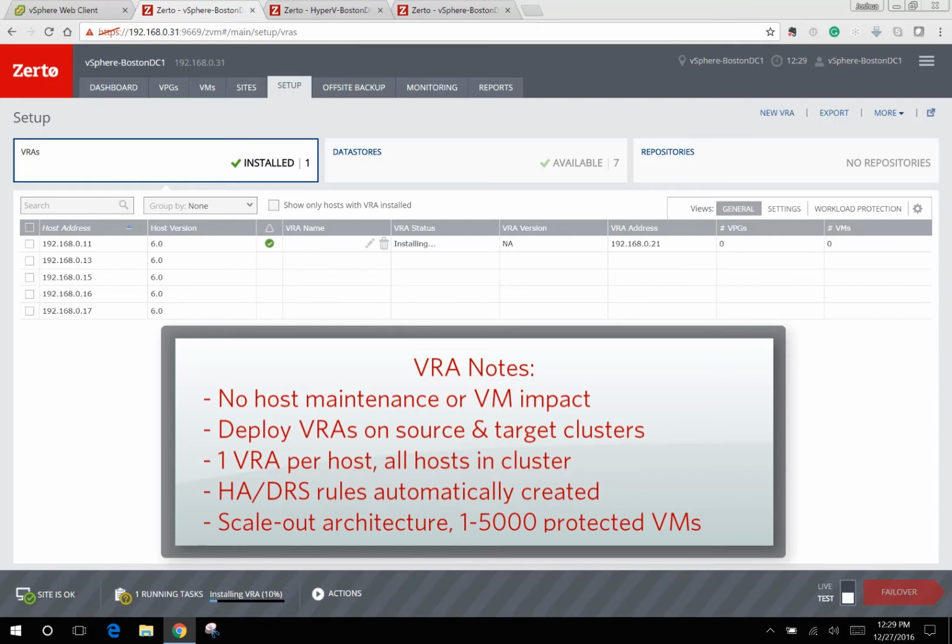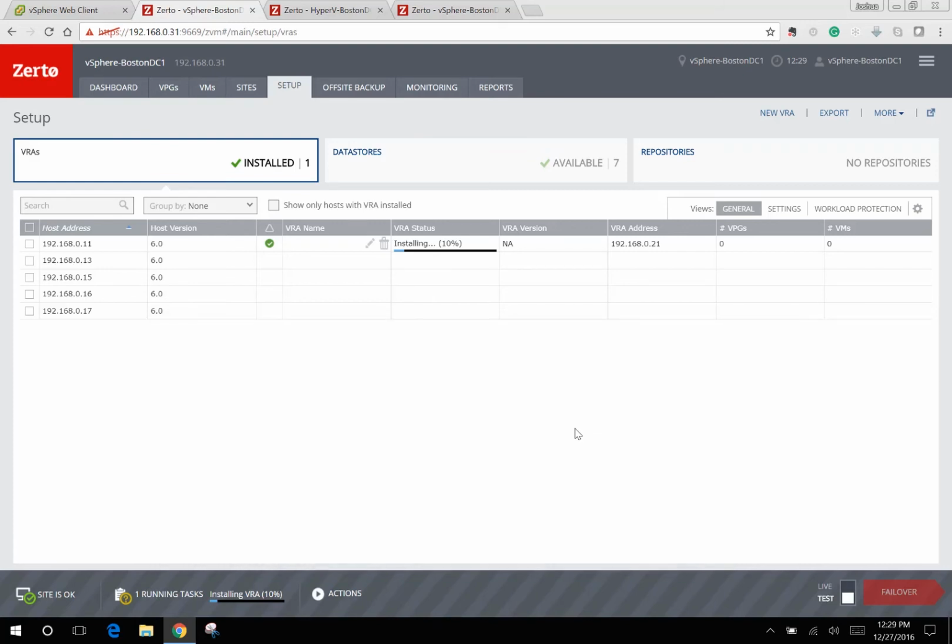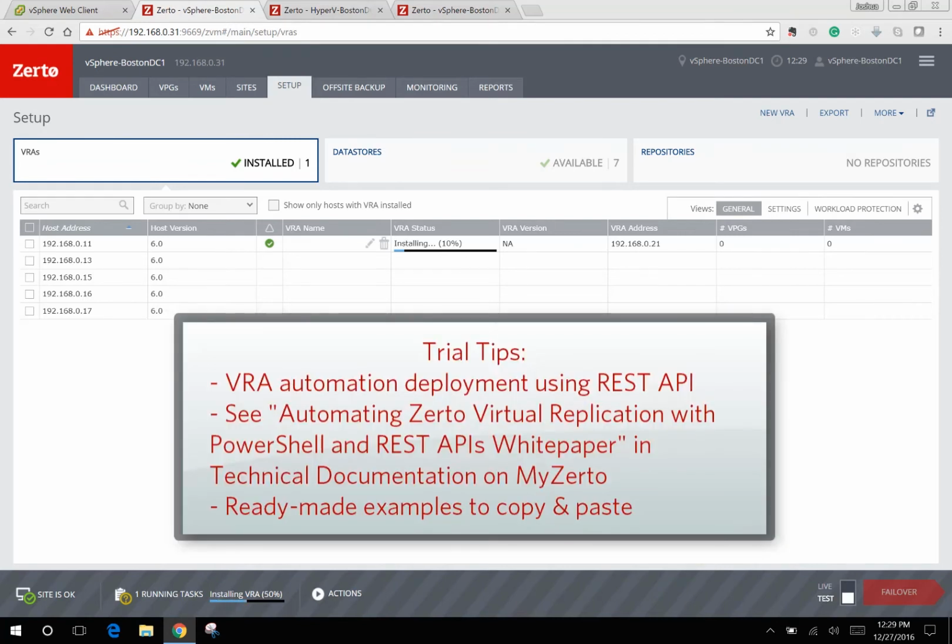to the host, create all the HA and DRS rules to tie that appliance to the host, because you need one on each host in the clusters that you're replicating from and to. So as you vMotion VMs, Zerto can carry on replicating and protecting. At this point, I can start deploying my next appliance in the cluster. I can also automate this entire process end-to-end using the REST API if I don't want to use the interface